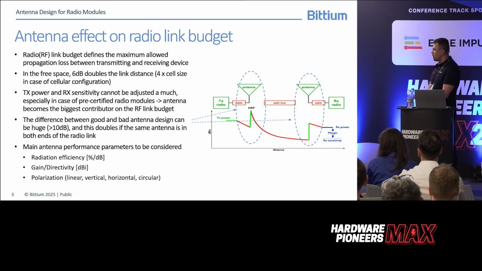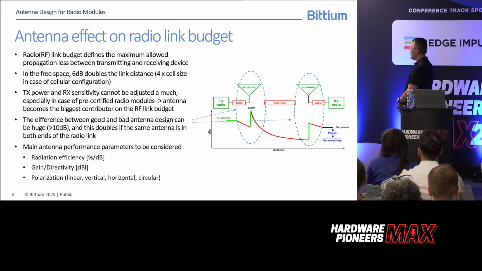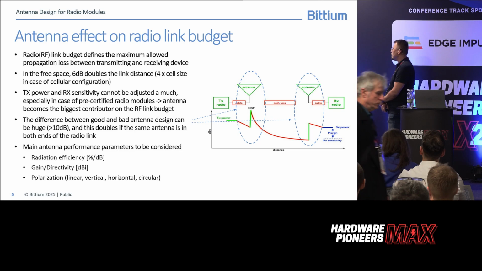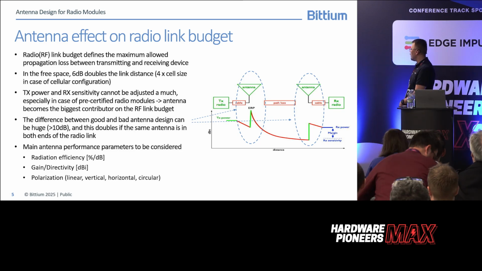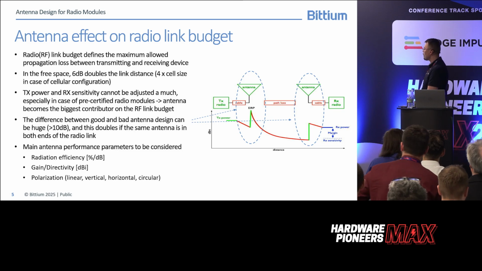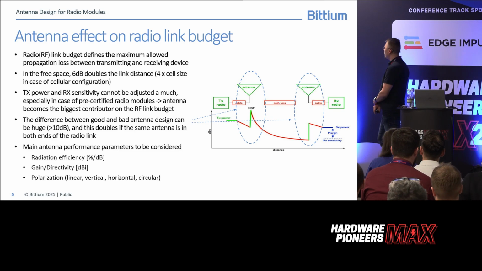First of all, some motivation for this presentation: the antenna effect on radio link budget. The antenna itself is one of the most important things that define the connectivity of your device. When you are using radio modules, you have a pre-certified module with some transmission power and some reception sensitivity, and then you have the antenna,